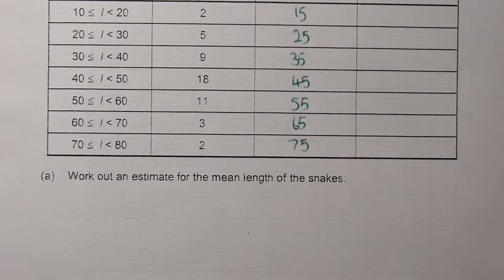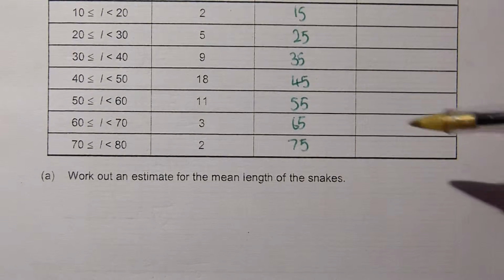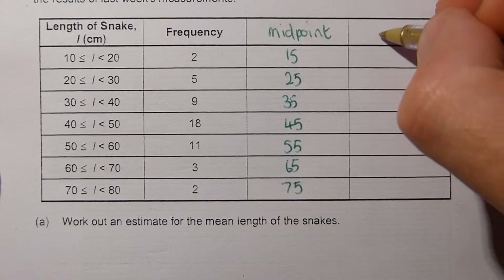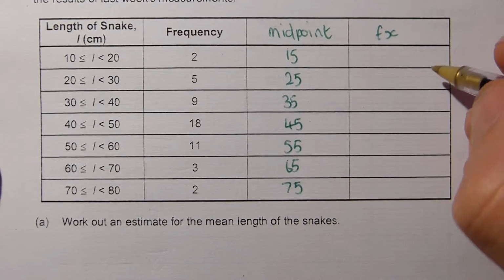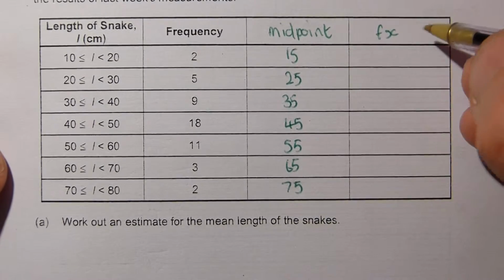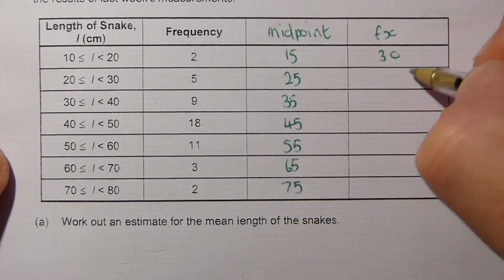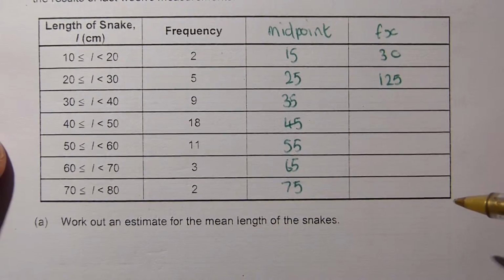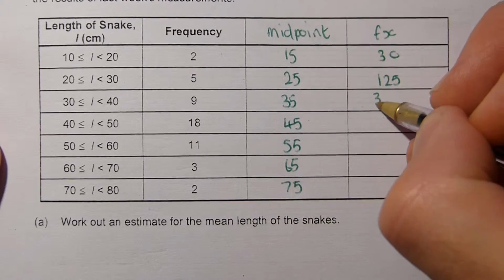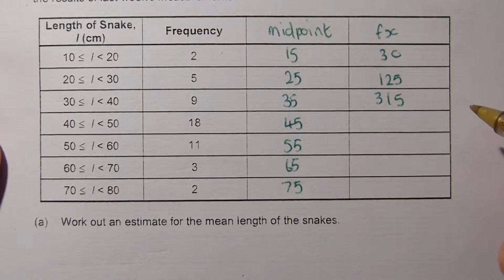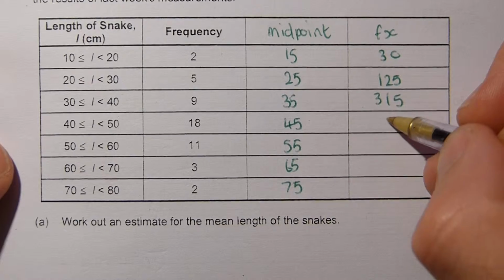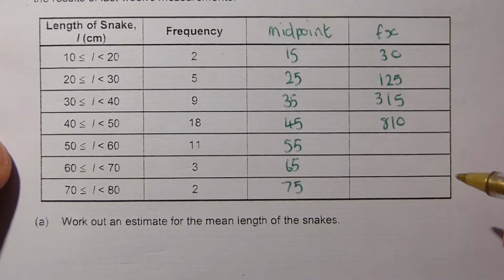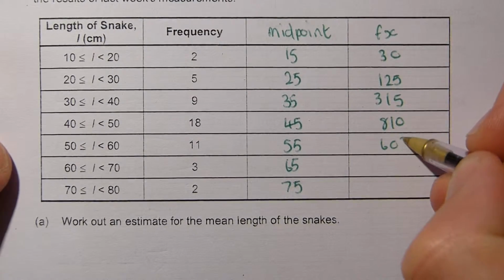So next we're looking for the frequency to be multiplied by the midpoint. And we're just going to call this one fx. So working our way down the column, 2 times by 15 is 30, 5 times by 25 is 125, 9 times by 35 is 315. The next one, 18 times by 45 is 810, followed by 605,